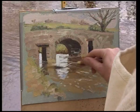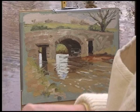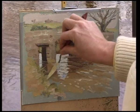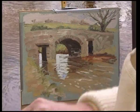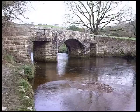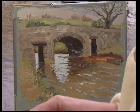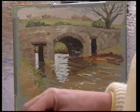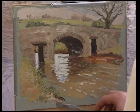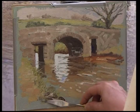Pretty random, and I can also scrape back to show some as well, and a dark version of the same. Not sure what they are, but they're big coarse grasses, I think. And right down in the foreground where we've got some moss and some dark stones, I want to bring the foreground right towards me, staying with a knife now, dark greyish brown in amongst these stones. That will bring this area into the foreground,